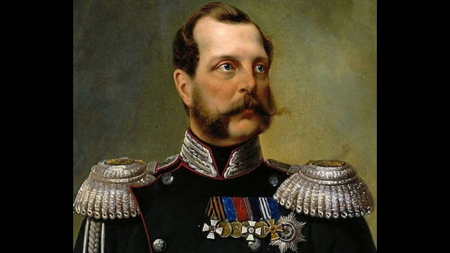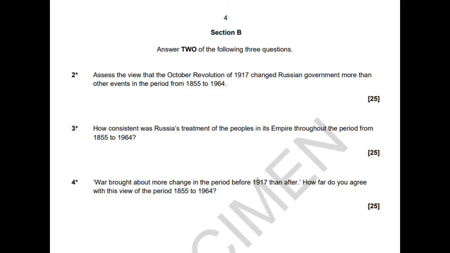In your Russia and its Rulers paper, you will be given the option of 3 25-mark questions, similar to the ones you have already practiced in lessons, and you will be asked out of those 3 to complete 2 of them. However, what some of you might have forgotten is there is also a depth study question worth 30 marks in your paper, and this will contain 2 interpretations, both from reputable historians, regarding a particular aspect of one of